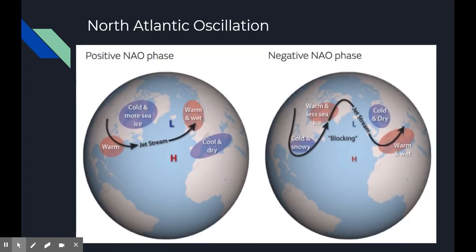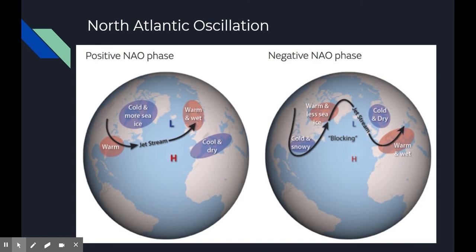Another oscillation is the North Atlantic Oscillation. And again, it has an impact on where the jet stream is located. As a result, it can impact not only the east coast of the United States and Canada, but also Europe and Northern Africa. It can have some secondary effects for us because, with the jet stream being further south, even though it's far away from us, it may allow the weather pattern to be more active for our area when it's in this positive phase.